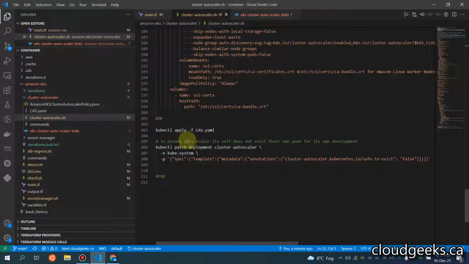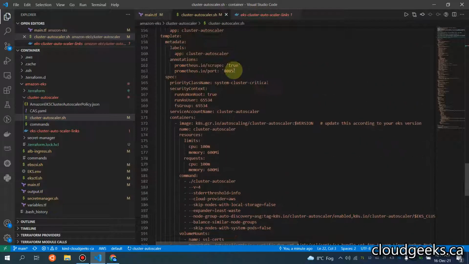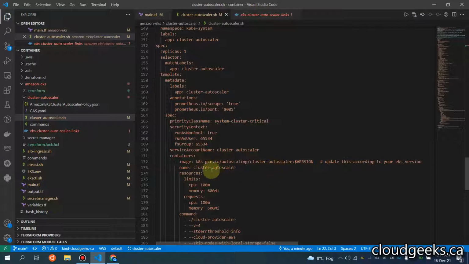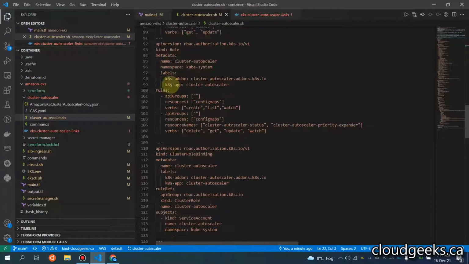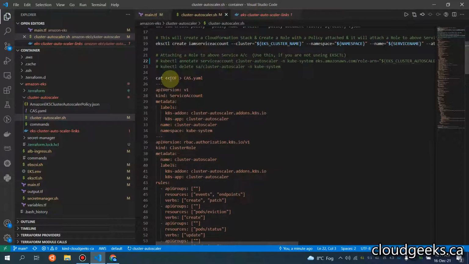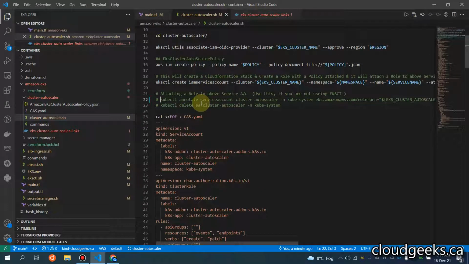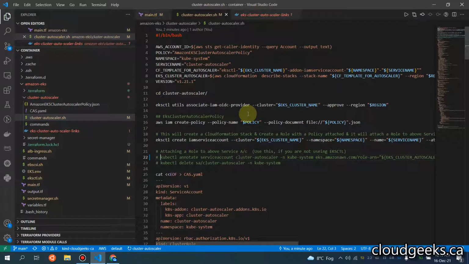So in last, okay, let me cover this part as well. So this is very important, and that is where I will be covering which image we need to have. So the version is going to be this one, which is according to your EKS cluster. For instance, I'm using the EKS cluster version 1.21, okay, or 1.21. So this is the version I'm using here. So if I navigate to